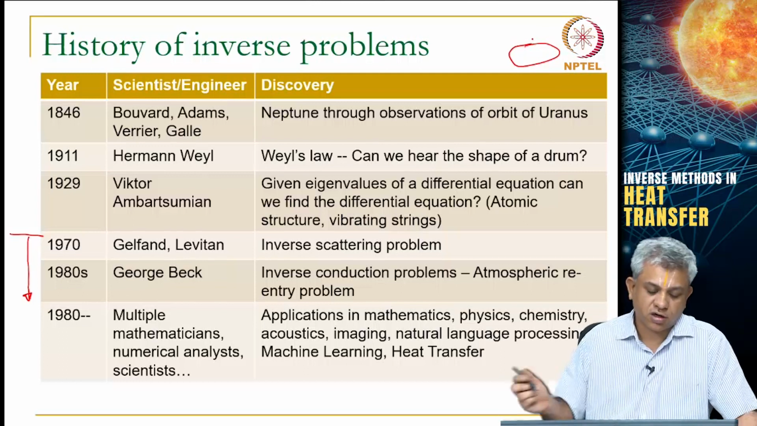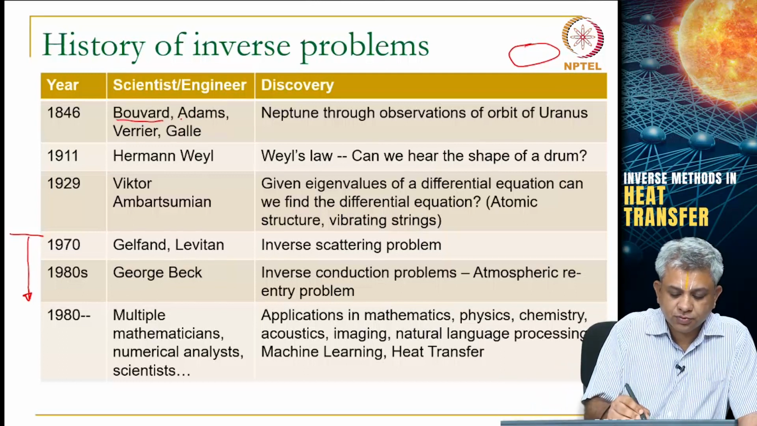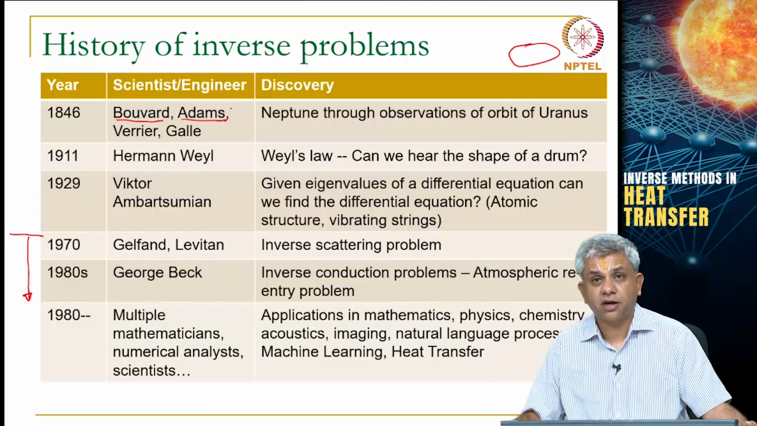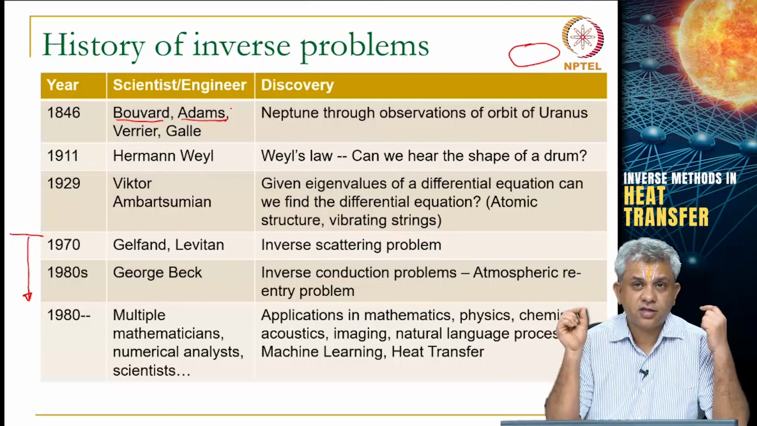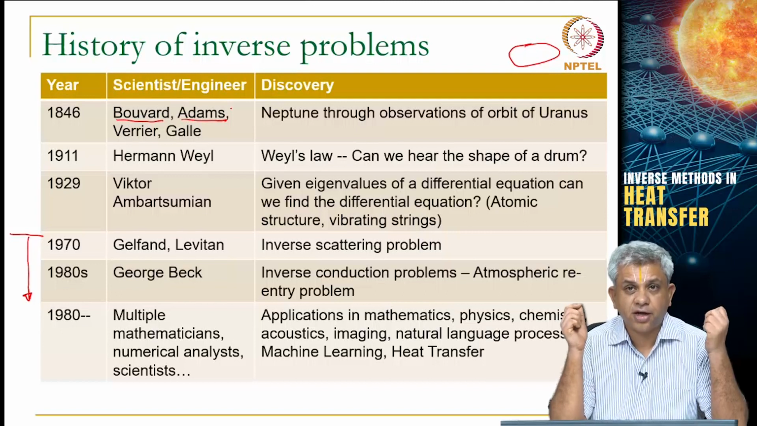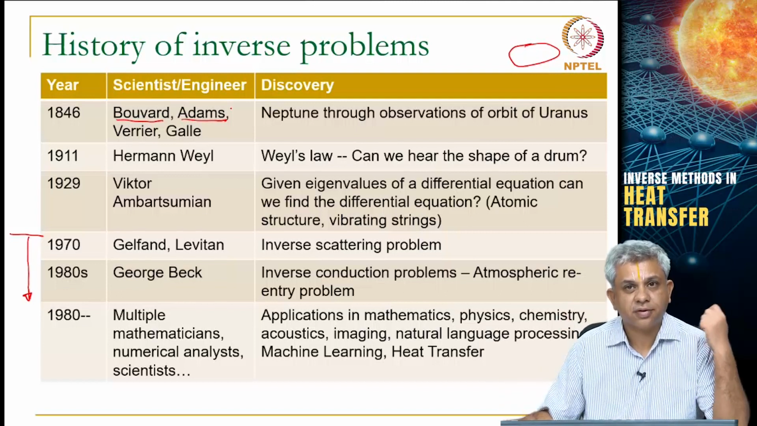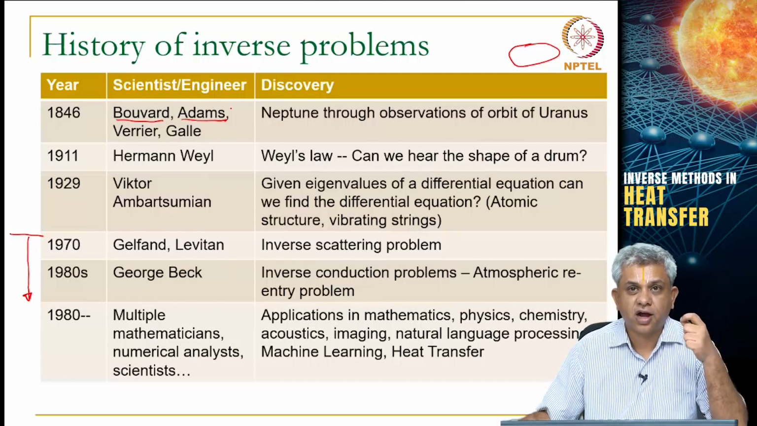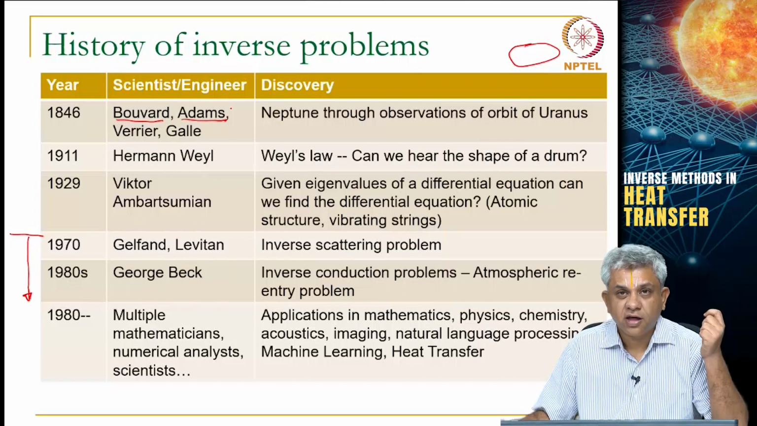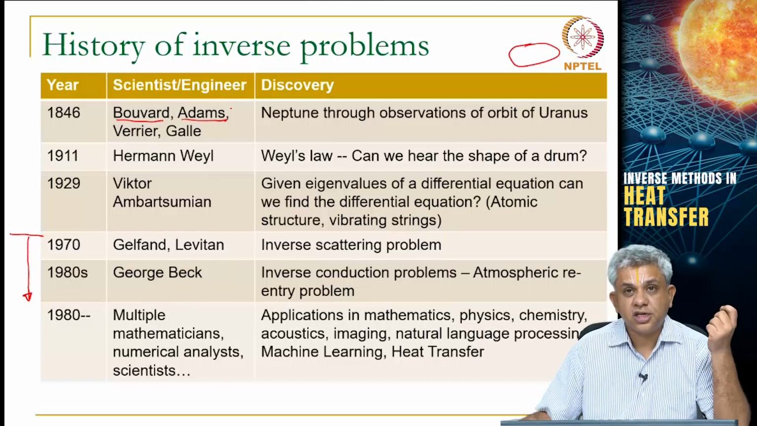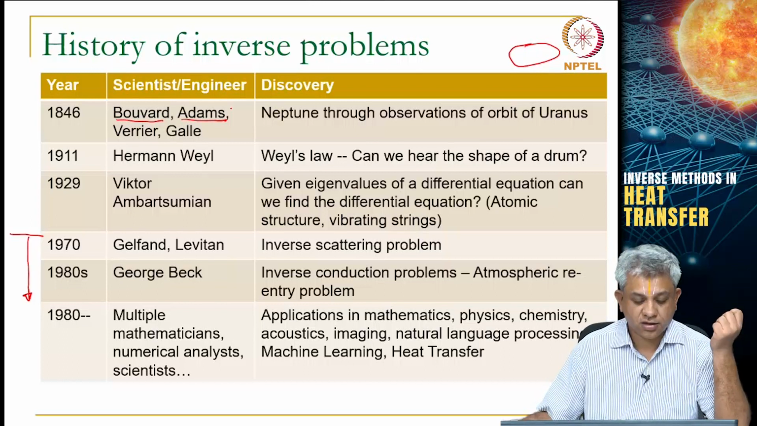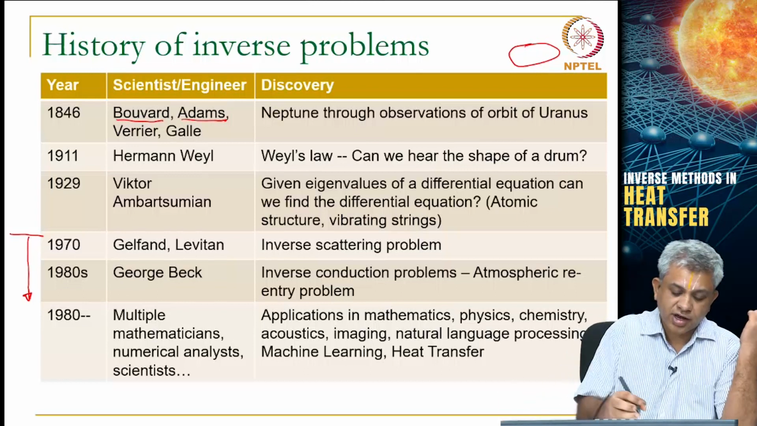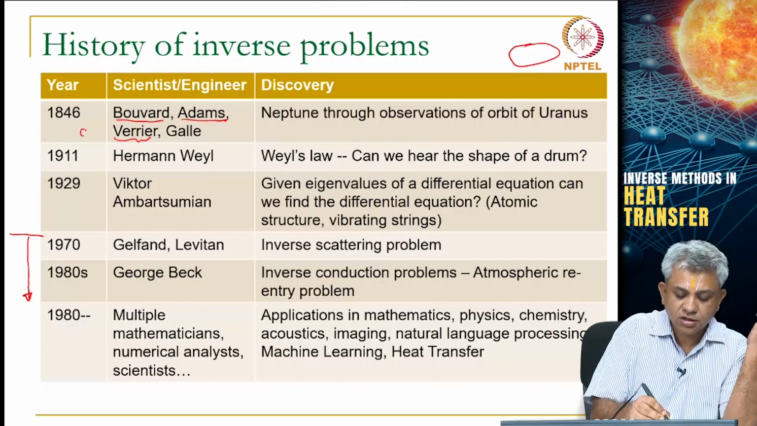Both these guys, Bouvard and Adams, independently speculated that the reason why this is not quite matching might be because there is an extra planet. That there is a planet after Uranus that is causing these perturbations, and if we account for gravitational effects of that, we will be able to see that this accounts for Uranus. If I remember right, it is Verrier who did the calculations